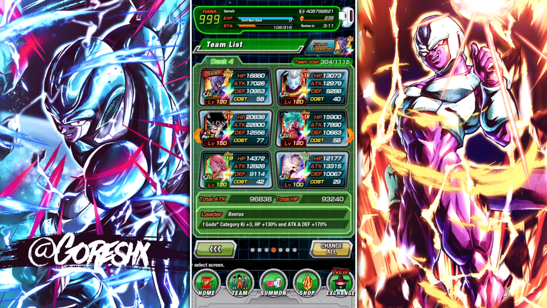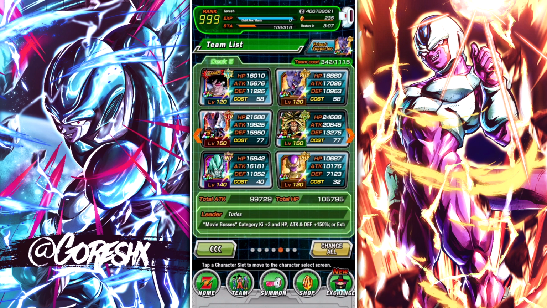This is Realm of God / Exploding Rage, is that what they call it? Yeah, Exploding Rage. Then we have Movie Bosses. Now, you can go ahead and use a Broly, physical Broly lead, which is going to give you more attack. I think I do prefer to use Turles here for the extra support,